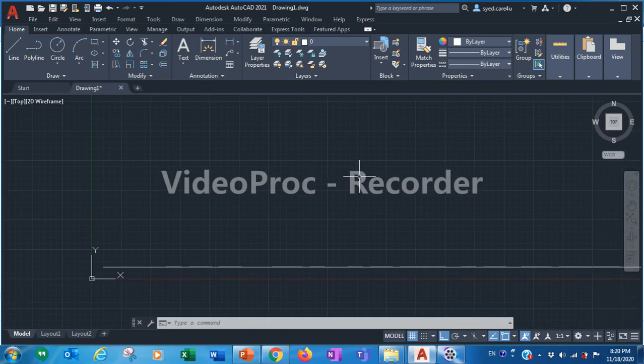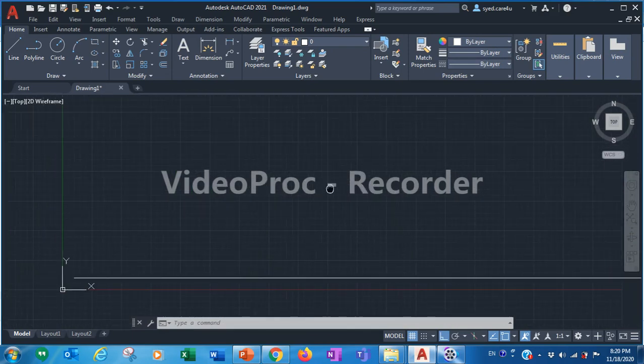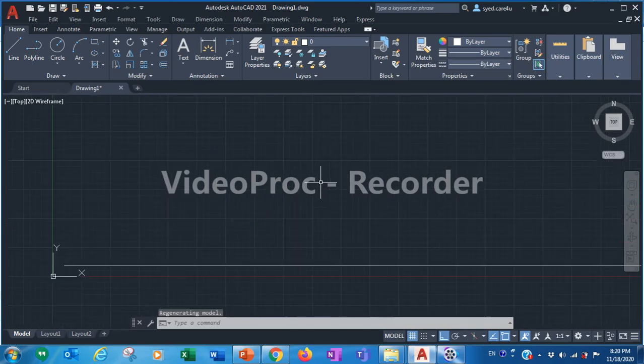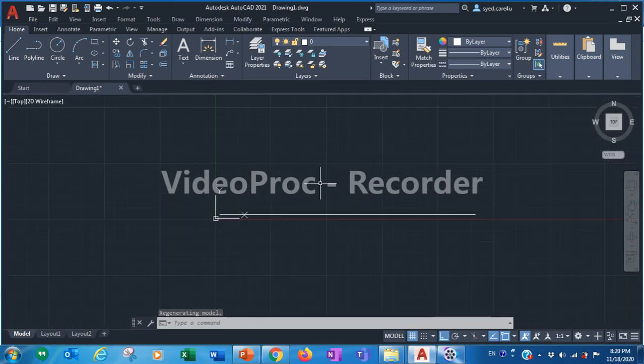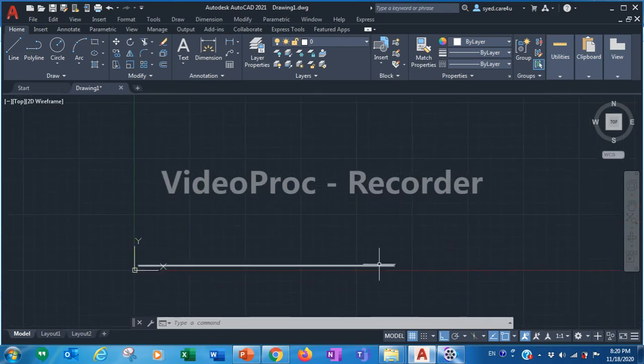Okay, and you can move it like this. If you want to move it, click on the scroll button and move it. And if you want to zoom in or zoom out, you have to scroll the wheel. Now this is the line we have drawn. This length is how much? 287. Now press escape.